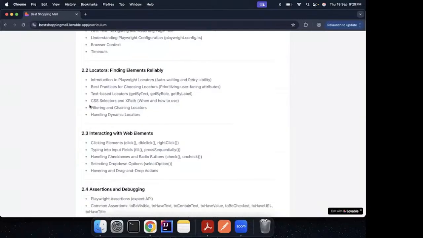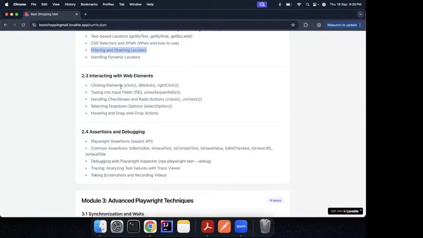And then there are concepts like filtering and chaining locators and handling dynamic locators. Handling dynamic locators is something that you have to see in any kind of automation tool. But filtering and chaining locators is something that is native to only Playwright. Okay, and then we'll see interacting with web elements, the basic things, click, double click, filling in a text box,